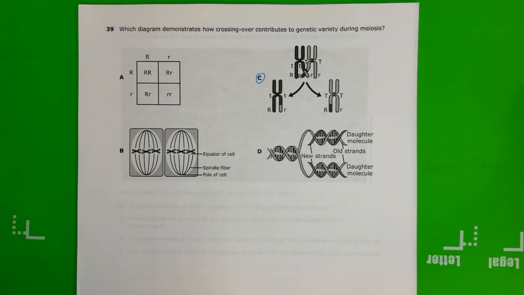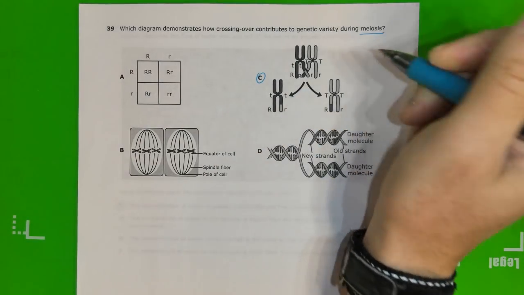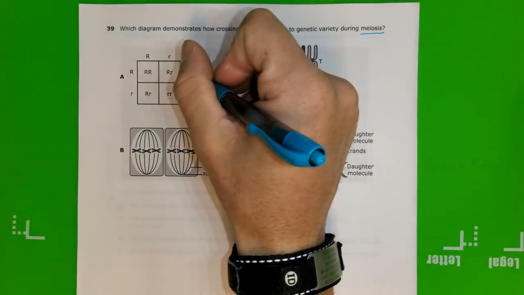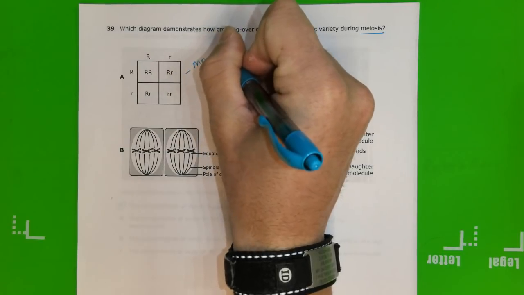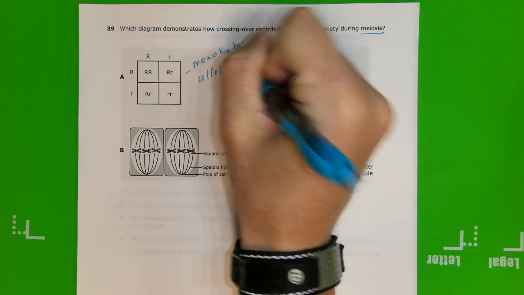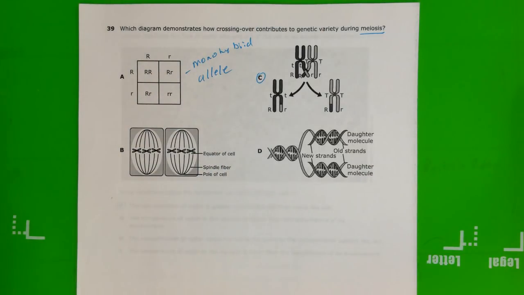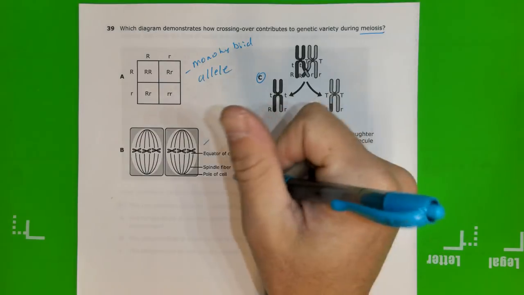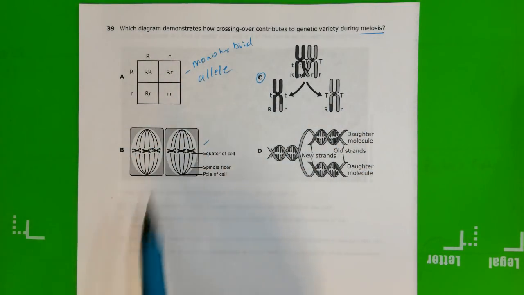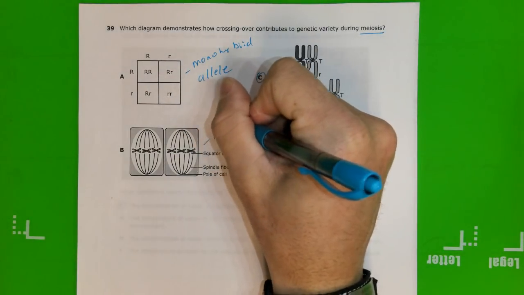And it says, which diagram demonstrates how crossing over contributes to genetic variety during meiosis? Well, meiosis is cell division. So we got to look at what actually involves cells. Well, this is a monohybrid cross. So this involves alleles, not cells. This is, well, they're in the middle. The chromosomes are lined up in the middle. So this would be metaphase